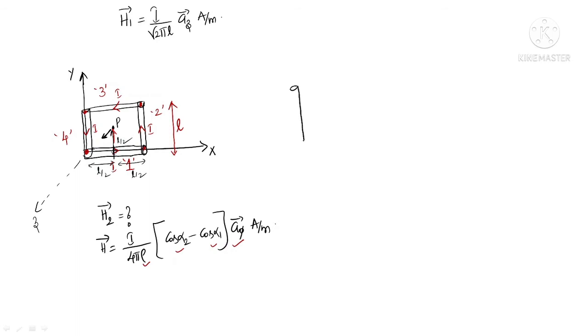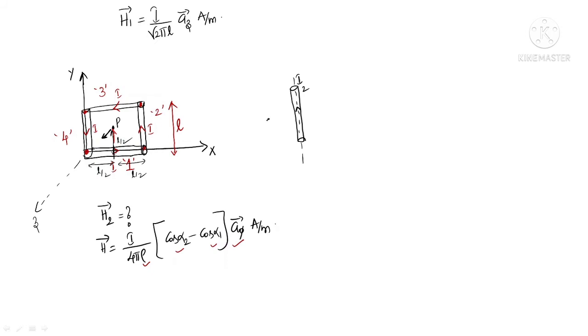Let me draw second side separately. So this is the second side. Is it right or not? For the square current carrying loop, this is the second side. And it is carrying the current in which direction? It is positive y direction, right? So the current carried by the second conductor is in positive y direction. And what is the starting end? This is the starting end and this is the finishing end. Is it right or not?